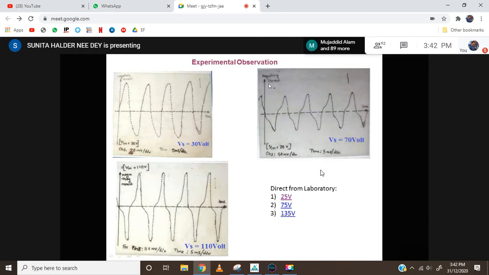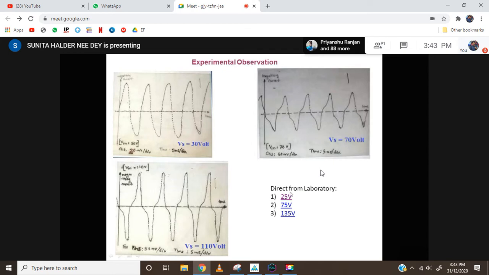We are observing the voltage drop across R12 that is proportional to the magnetizing current. We should mention the input voltage, along with the volt per division, because here it may seem that this current, or this voltage drop, is lower. Actually that is not the case. Here the scale is different. You can check the scale is higher, so it seems to be smaller. So it is very important to mention the scale when you are tracing anything from the oscilloscope.